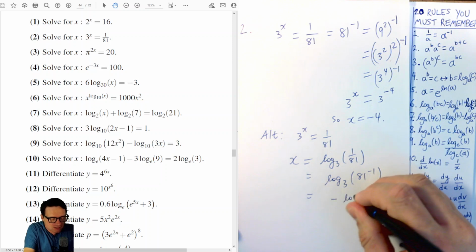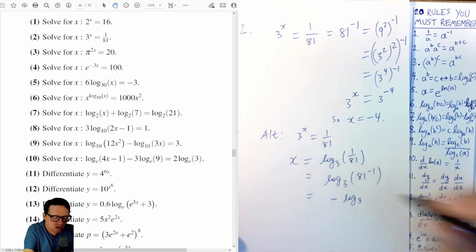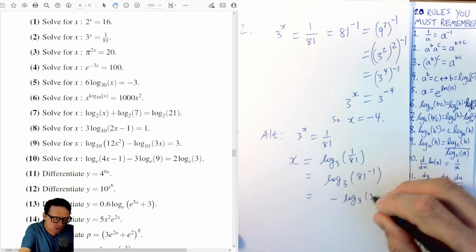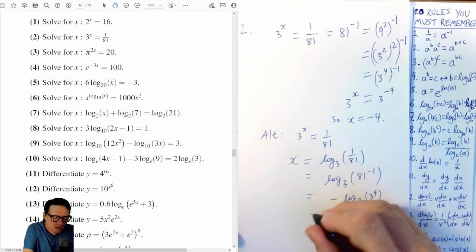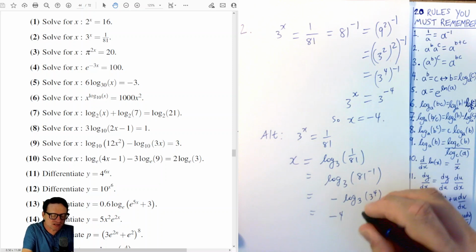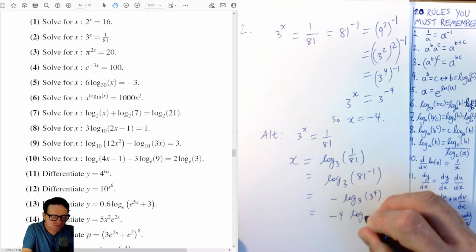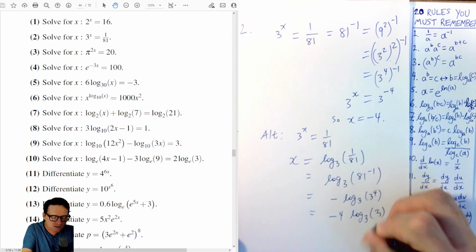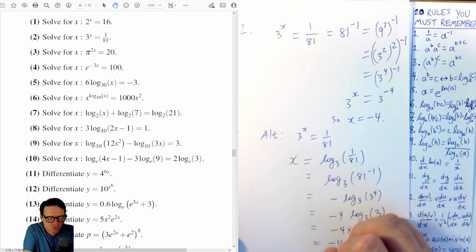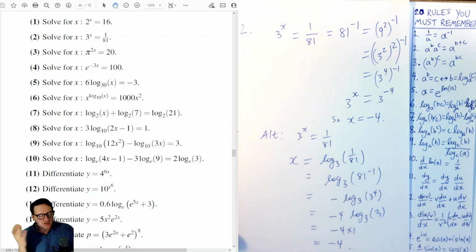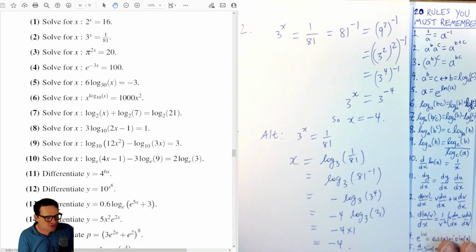So we have minus log to base 3 of 81, but 81 is 3 to the power of 4. So we can also pull down a 4, and then again we see that this is minus 4 times log to base 3 of 3, which is 1. So minus 4 times 1, which is minus 4. Okay, so we've done that in 2 ways. So let's move on now to question 3,